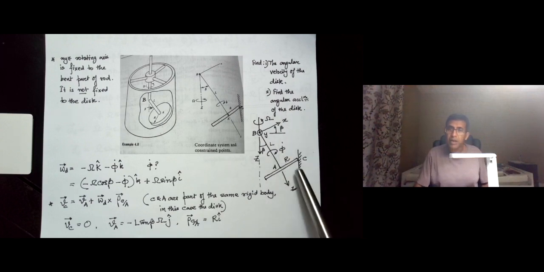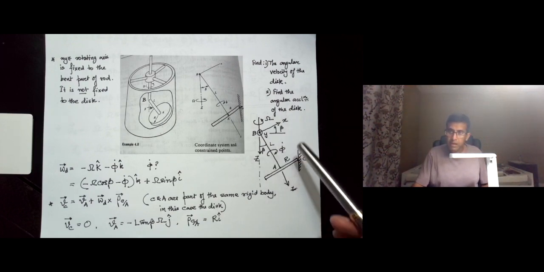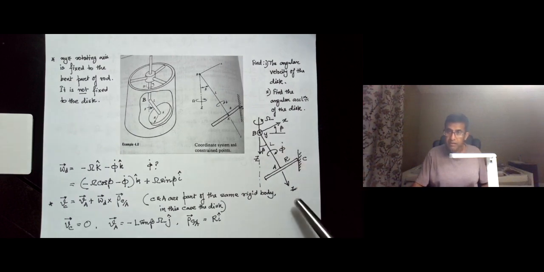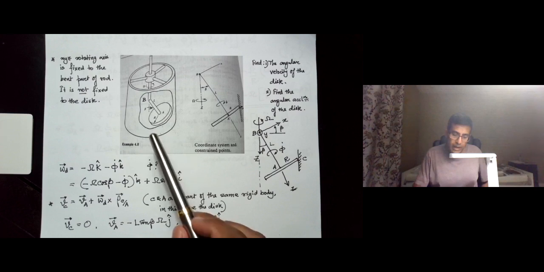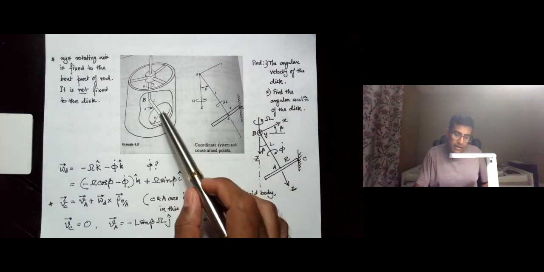It is shown in another figure over here, where the variables and coordinates are written in a larger font, and the incline at which the rod is bent is given by the angle beta, and the question that is asked is that, given this kinematic setup where the disc is rolling without slipping on the inside of the cylinder